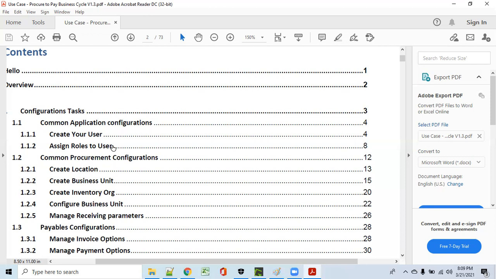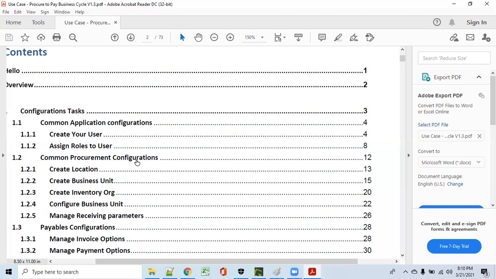That is called assigning roles. These roles will vary for business users and non-business users. Non-business users means functional users. They have application implementation consultant, manager, administrator, and these are required for functional users. And for business users, based on the module, we are going to find out the different roles.